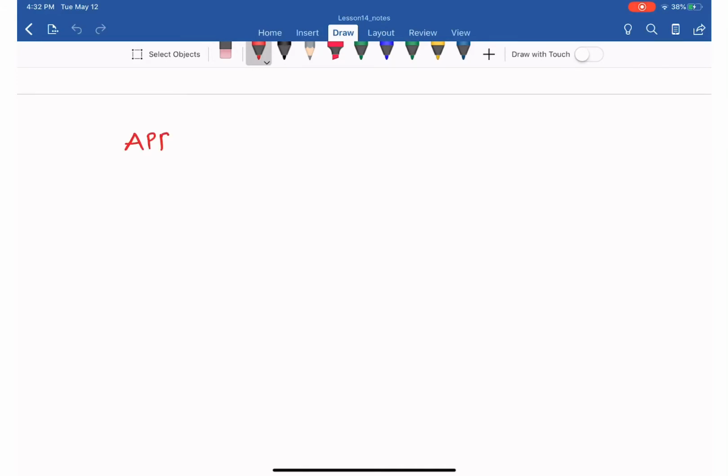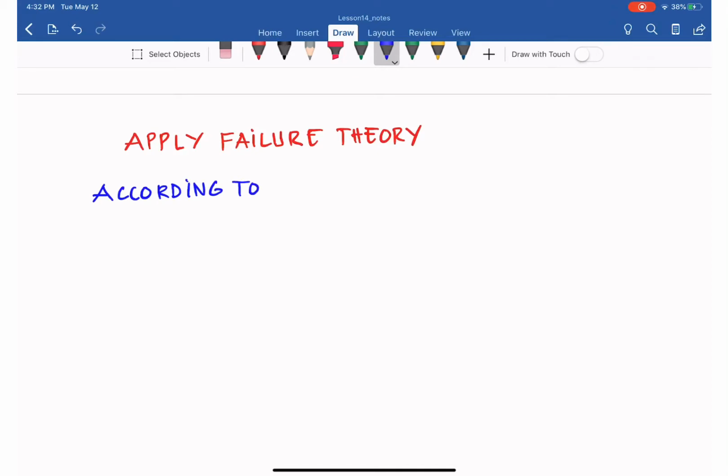So, apply failure theory. In this case, according to the maximum shear stress theory for step 3 of the beam design, as we mentioned earlier, for ductile material,